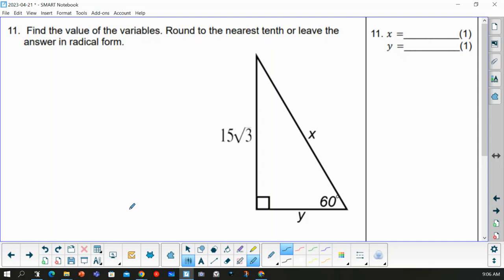All right, problem number 11. Find the value of the variables, round to the nearest tenth or leave in radical form. This is the last question on this imposter test, I believe. So let's see here. We got a 90-degree angle and a 60-degree angle, which means this would have to be